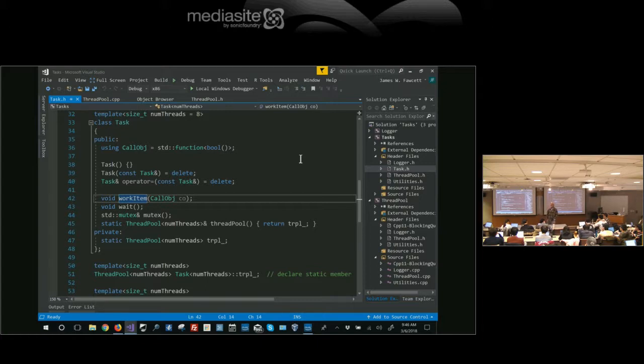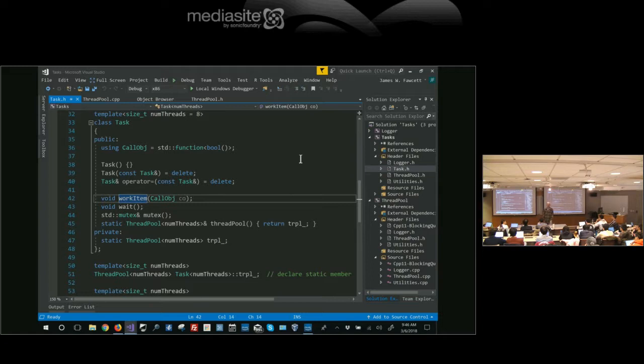Suppose I wanted to divide my tasks up into 2 categories, and I wanted this category to share a thread pool and this category to share a thread pool. Maybe, for example, I've got some continuous thing, it's just going to keep pumping, maybe this is a web server and I'm responding to client requests, so I need threads to run each request on.